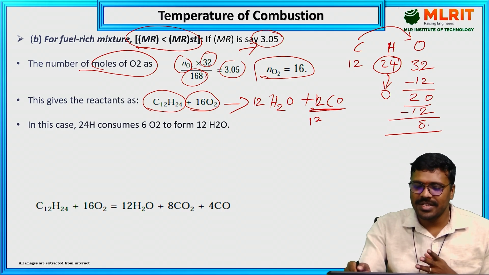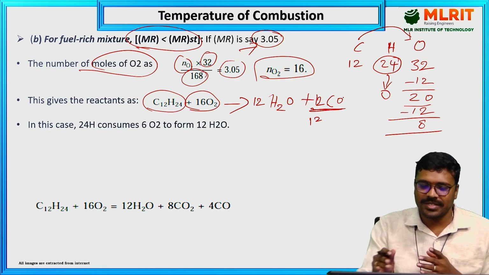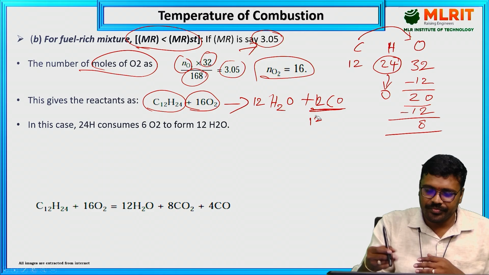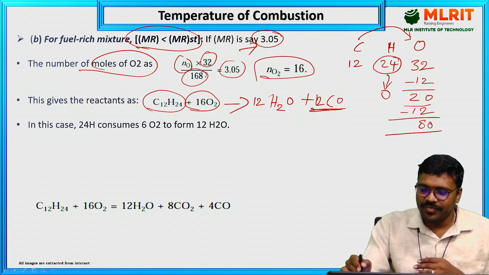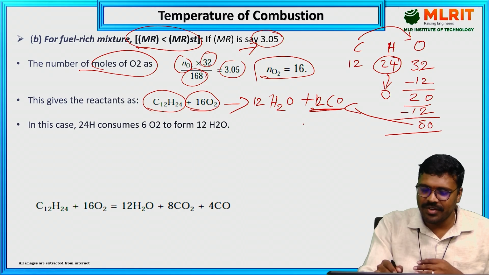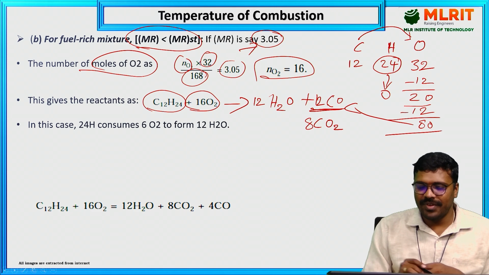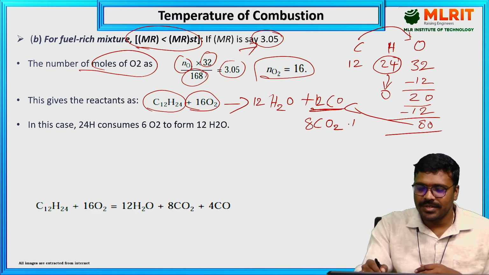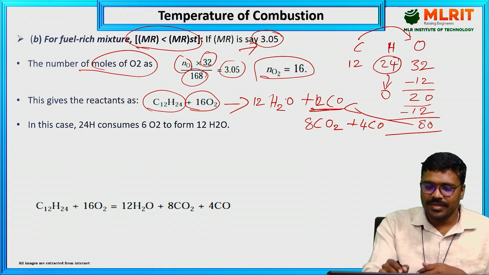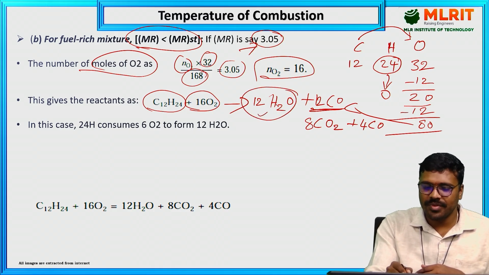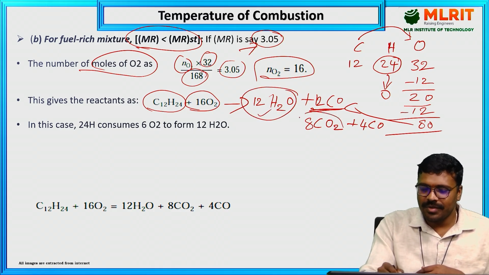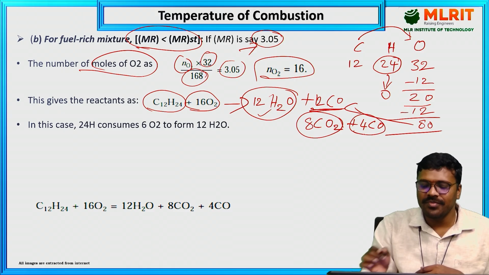So 8 oxygen atoms go and react with 8 carbon monoxide and form 8 CO2. How many carbon monoxide are left? 12 minus 8, so 4 carbon monoxide will remain as it is. So this is how the reaction goes: 12 H2O, 8 moles of CO2 and 4 moles of carbon monoxide,